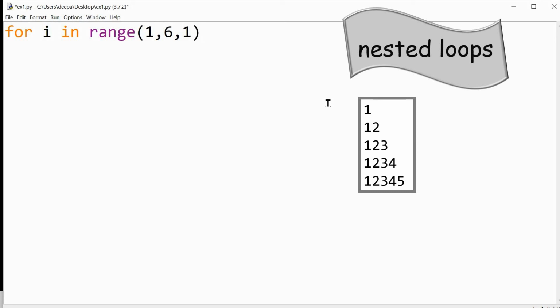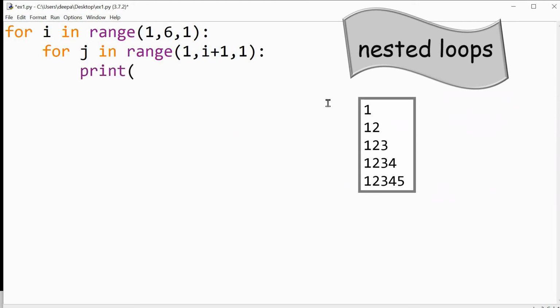There are 5 rows, but I should give 6, then only range will generate up to 5. Then for the inner loop, you should use a different counter variable. Here I am using j. For j in range(1, i+1, 1):